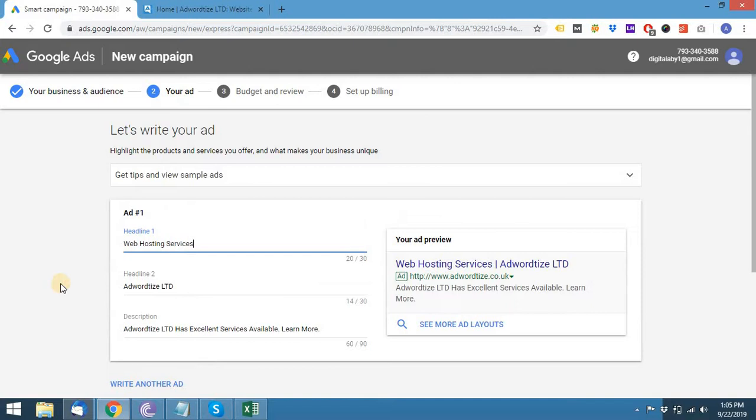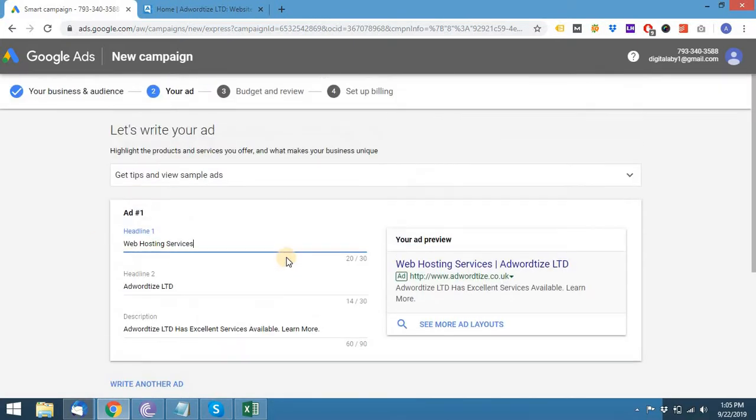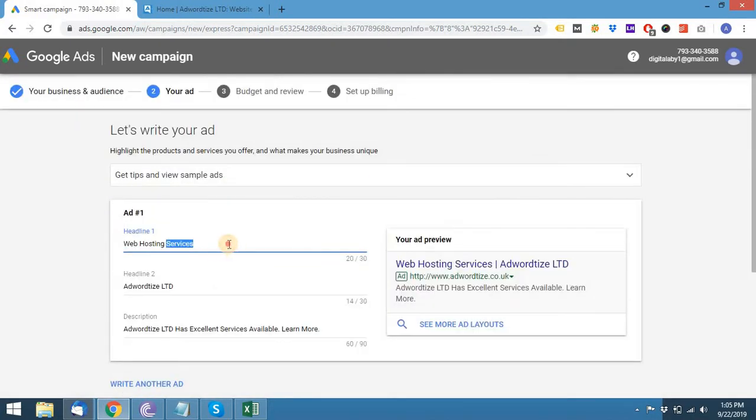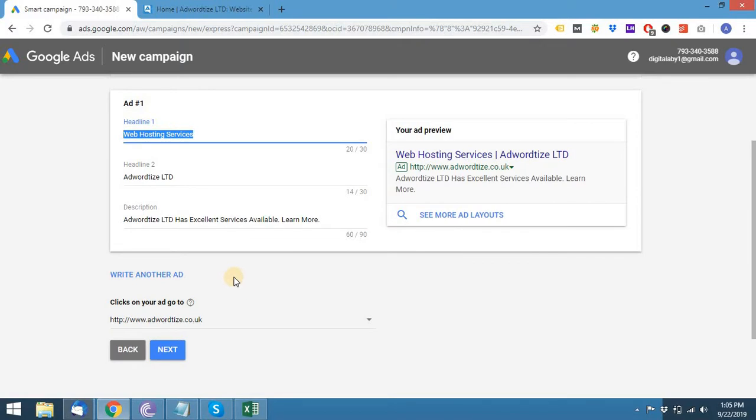Now it's asking you to create an ad over here. I can create it from here if I want to, or else you can create it somewhere else, right? So for now what we'll do is we'll leave whatever it shows up here. I'm fine with that. Click on next,